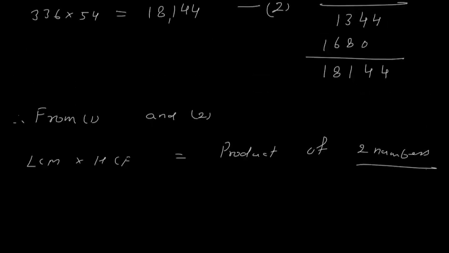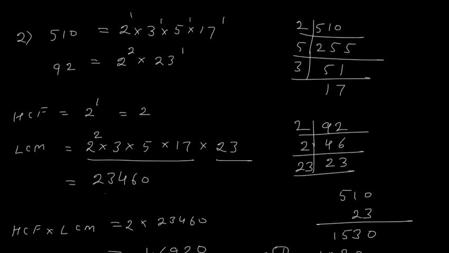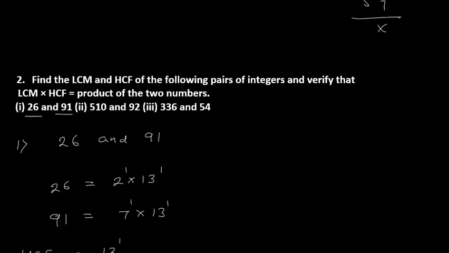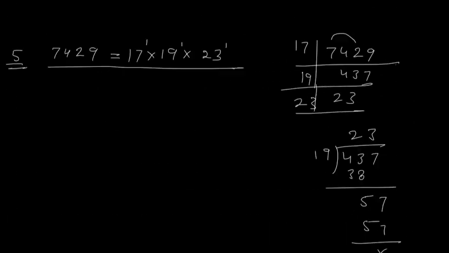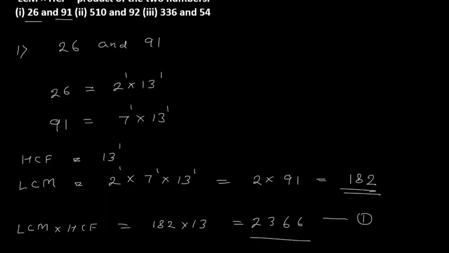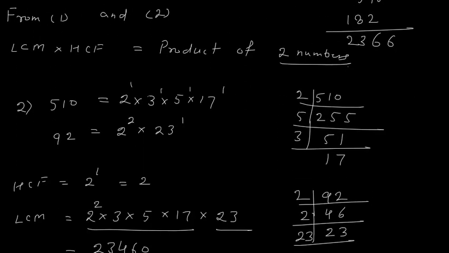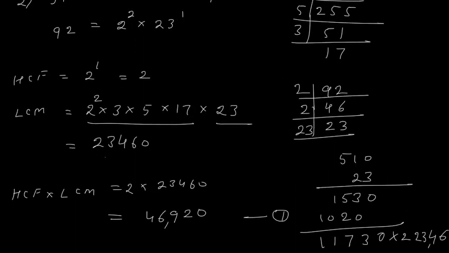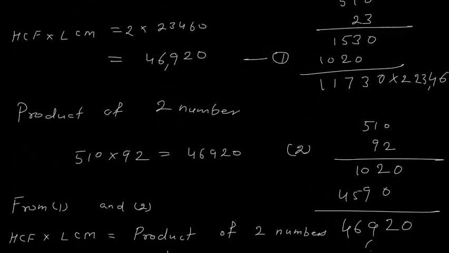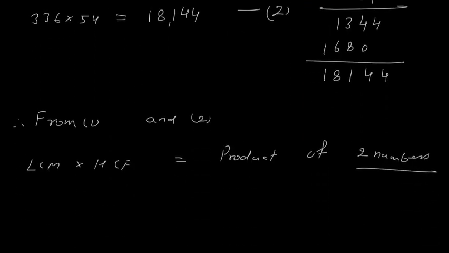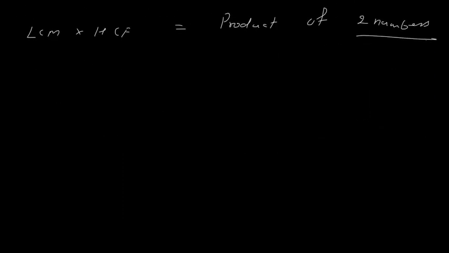Okay, so we have seen two questions so far. In the first problem we used prime factorization and expressed a number, and in the second we verified a very important result, that is HCF into LCM is equal to the product of two numbers. Fine. Okay, so I think I will stop my lecture here. Okay, and the rest of the problems from exercise 1.2 we will see in our next class. Thank you.